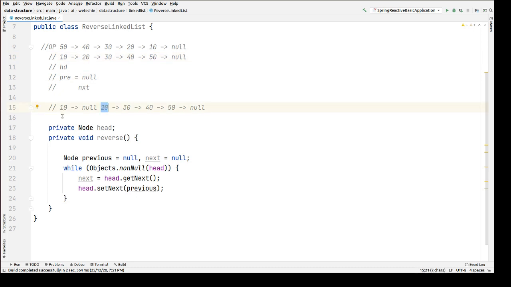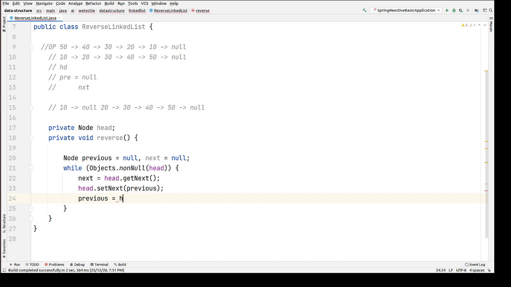So we should have some variable where we will be resetting the reference of 20 to that variable. Now, as we have preserved the next reference in the next variable, likewise we have to preserve this reference also, so that we can make the 20 reference point to that variable, right? Previous will be helpful for that, to preserve the reference of the previous node. So now you can see we can do that with